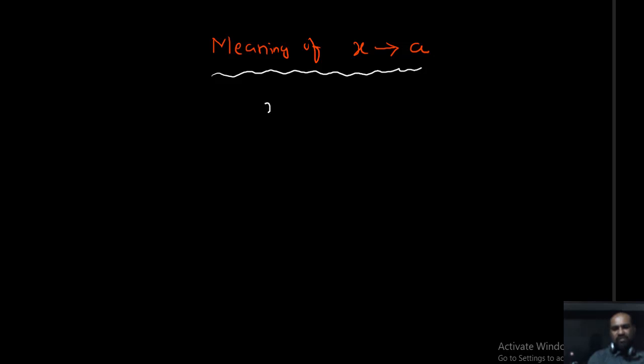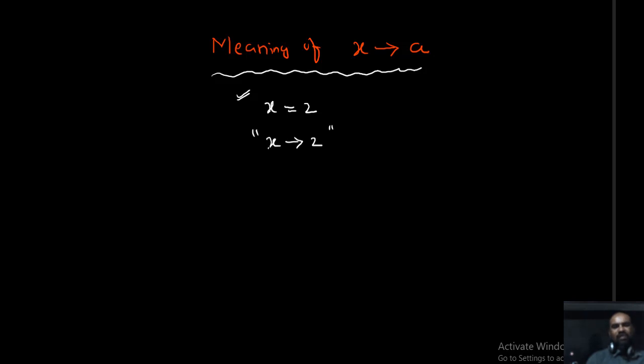First of all I want to explain this. x equal to 2 means the value of x equal to 2. That's all. The value of x equal to 2. So I want to explain what is the meaning of this. First of all you should identify the difference between these two notations. In this, the value of x equal to 2.